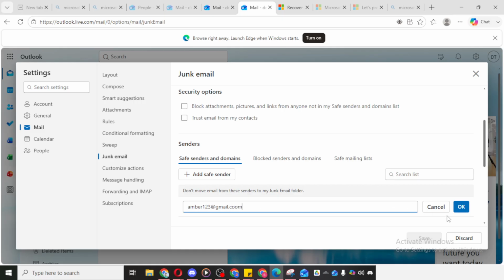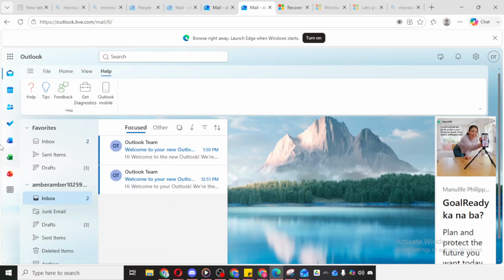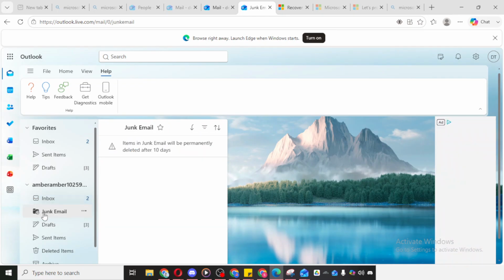Now, there's one more thing you can do, and it's very helpful if an email has already been sent to the junk folder by mistake. Go back to junk email and find the message that shouldn't be there. If you already have one in that folder, right-click the message, choose Junk, and then click Not Junk. This action lets Outlook know that the specific message is safe, and it also helps improve how similar messages are handled in the future. If you don't currently have any messages in your junk folder, that's fine.